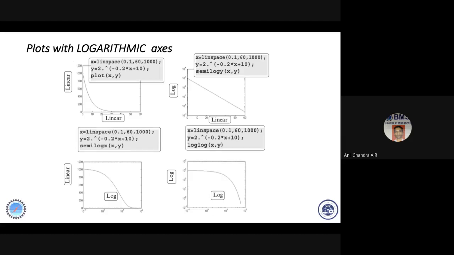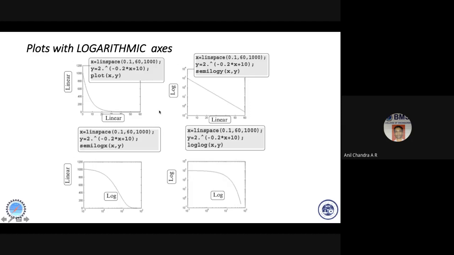You can also plot various types of plots. What I have shown is a linear plot, something like this, where both axes are linear. But if you have Y logarithmic and X linear, the command will be a little different. It says semilogy, X comma Y, which means X is linear, Y is logarithmic.